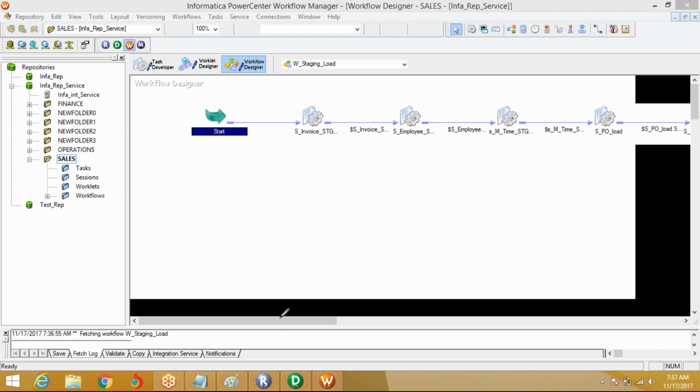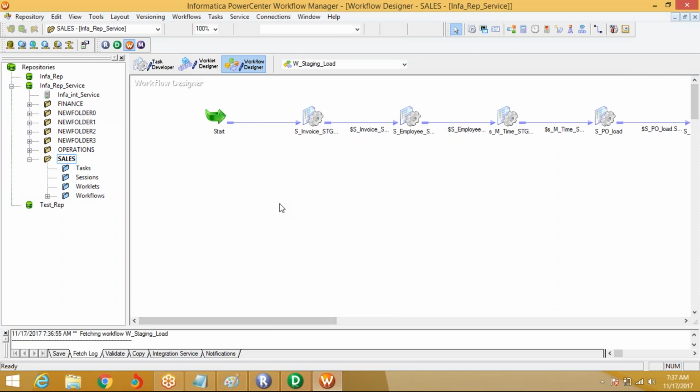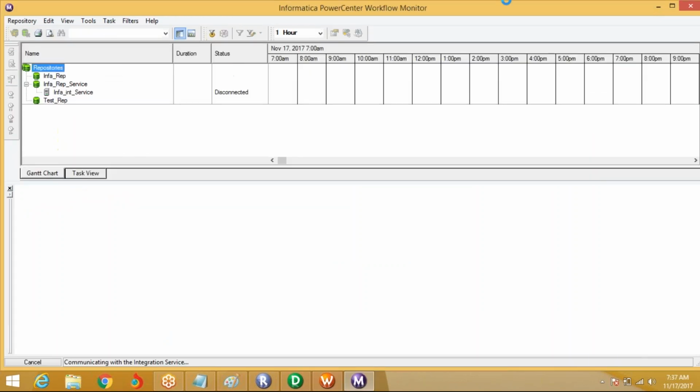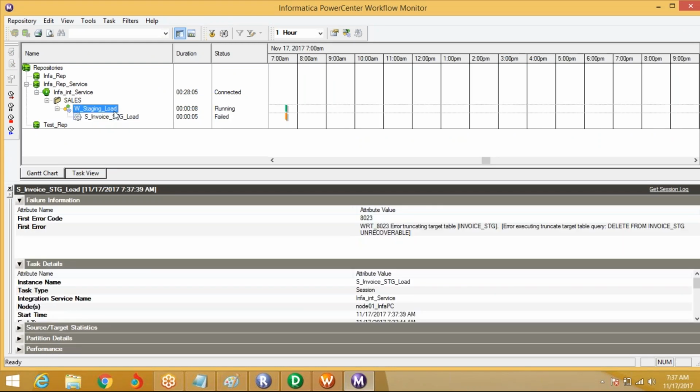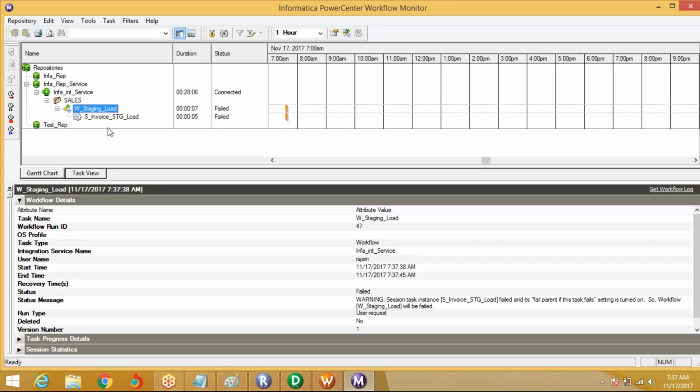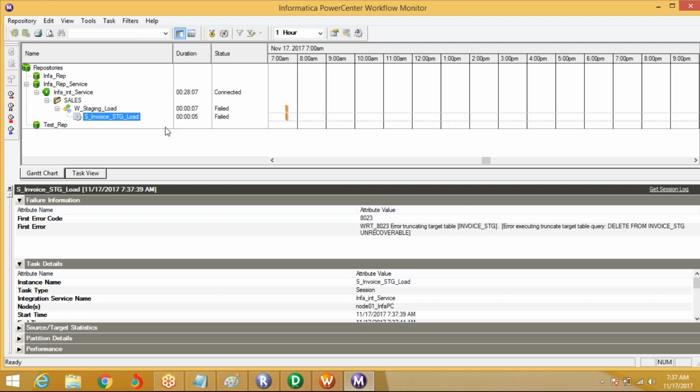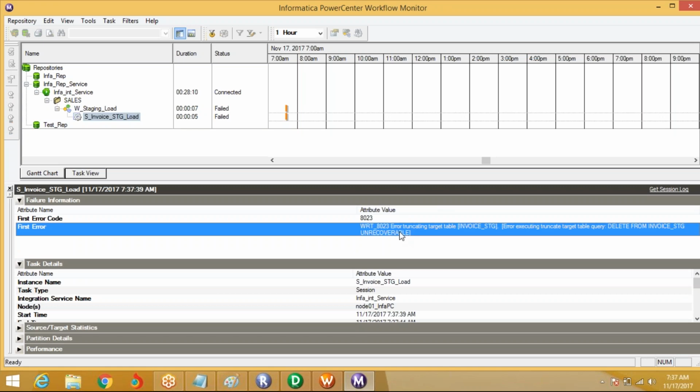So that is the importance of PowerCenter Workflow Manager. Here you can create workflows and sessions. And when you run this job, when I start the workflow, the Workflow Monitor window automatically opens, and here you can see how the jobs are running, why it failed, what the purpose of the failure is,